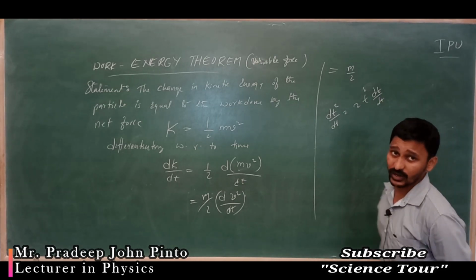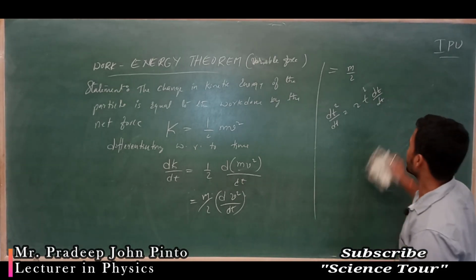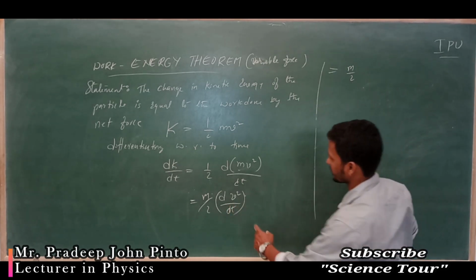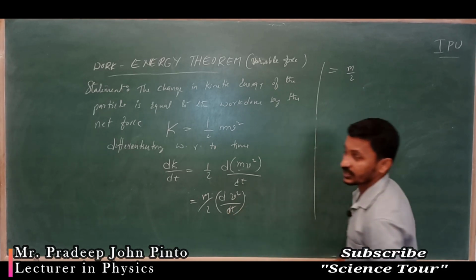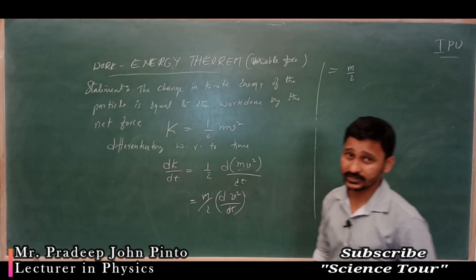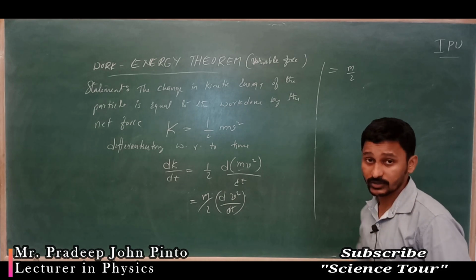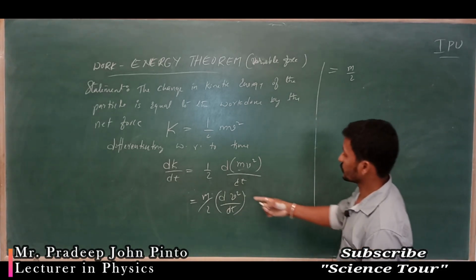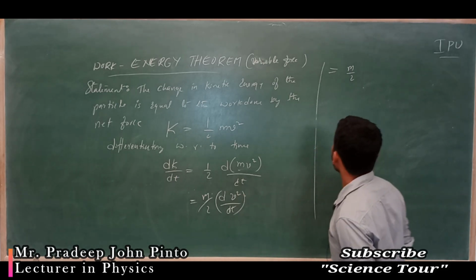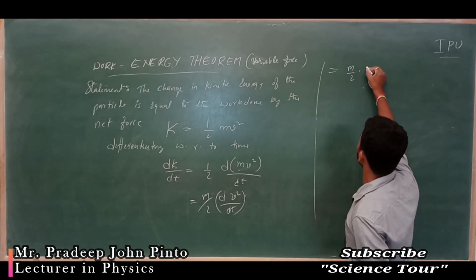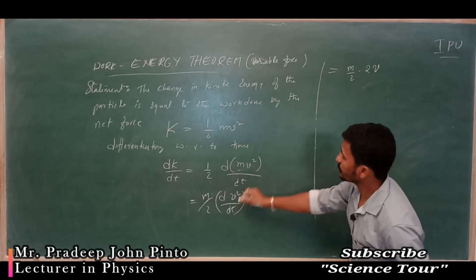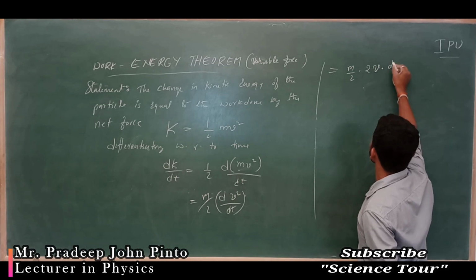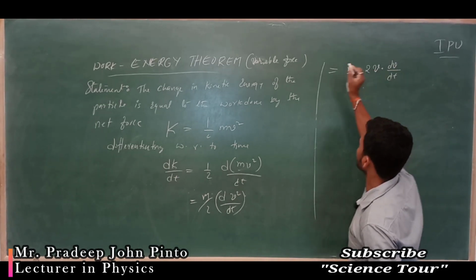But we didn't write it, no, while reading the differentiation. Why? Because there is 1, that's why I didn't write. But here it is not like that. The numerator is differentiated with respect to a different denominator. Earlier when I told about the differentiation, that was proper differentiation, with respect to that quantity only. But here it is different, so what are you going to write down? First we are going to write down 2 into v into v to the power n minus 1, means 2 minus 1, that is 1, into dv by dt.